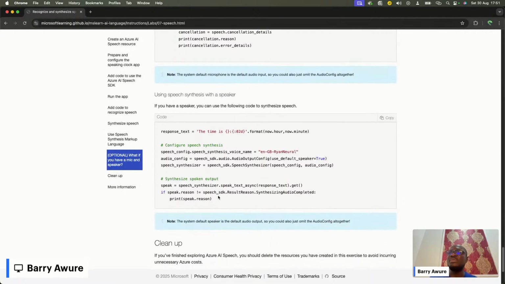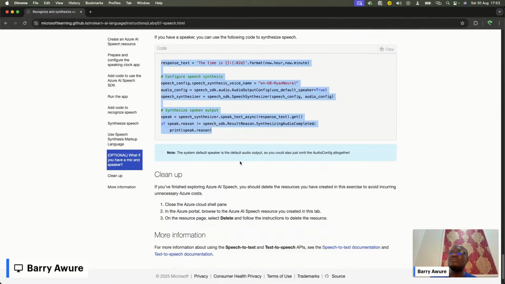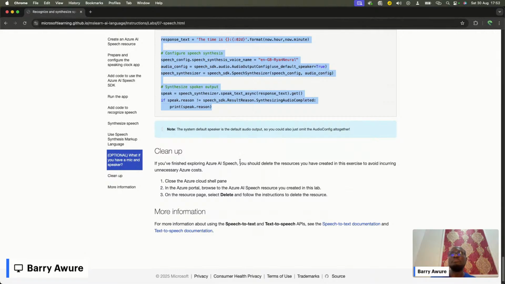And all these things have been tested. They are working very well, without you having to do a lot of manipulations or a lot of changes to your existing code.